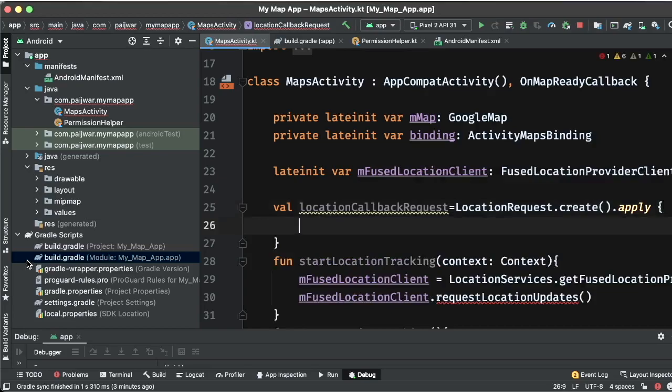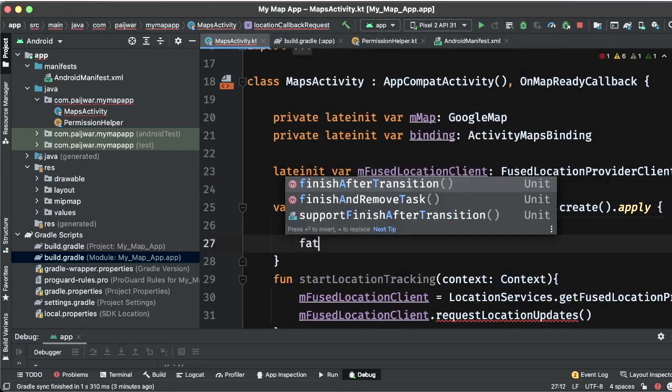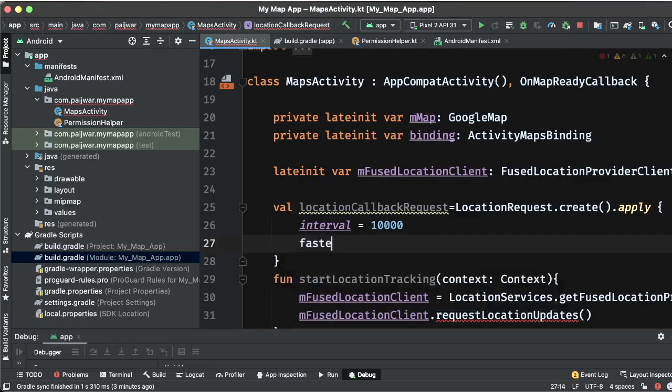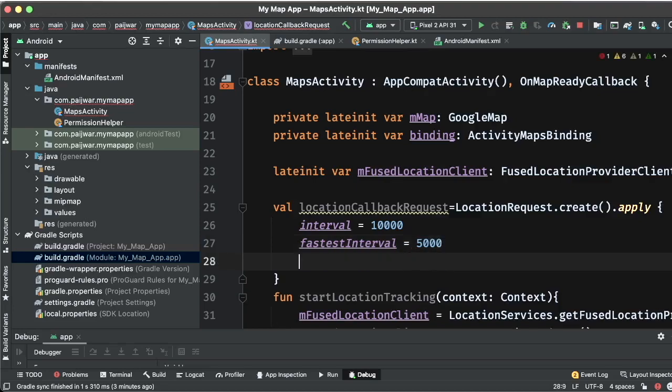The first parameter will be the interval. What is the interval that we are looking for? We'll say maybe 10 seconds. And the fastest interval we will say 5000 milliseconds, so it becomes 5 seconds. This we can optimize.